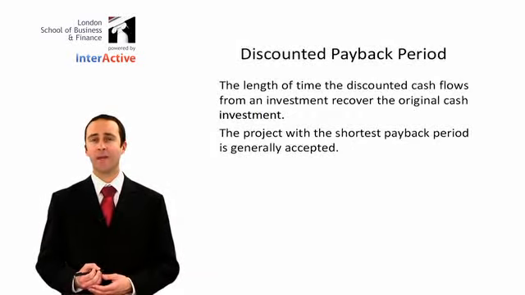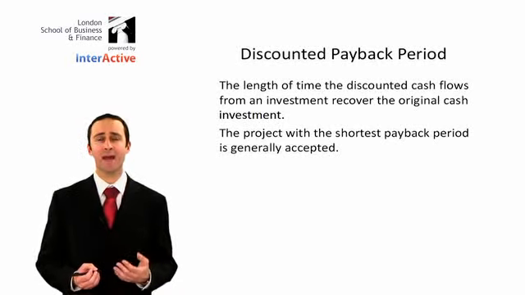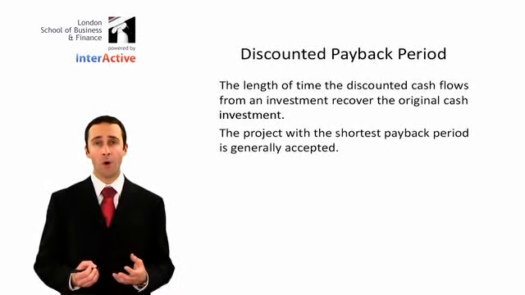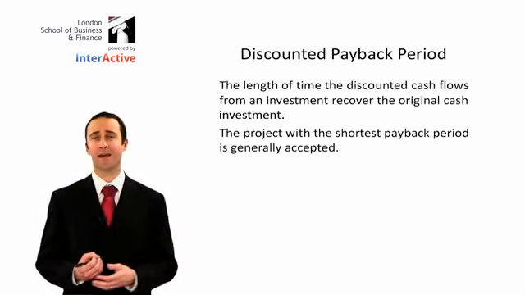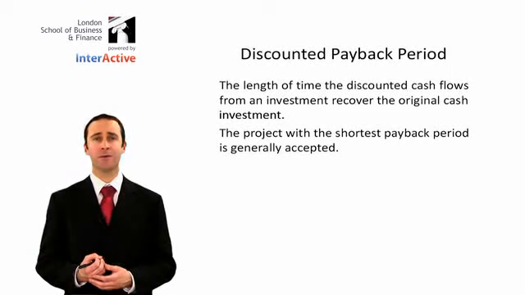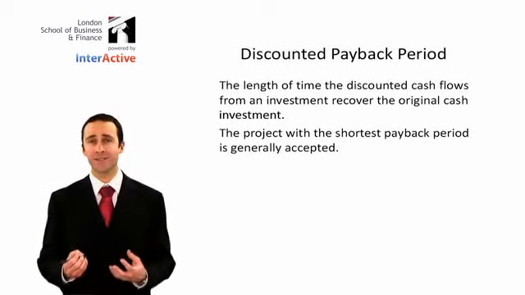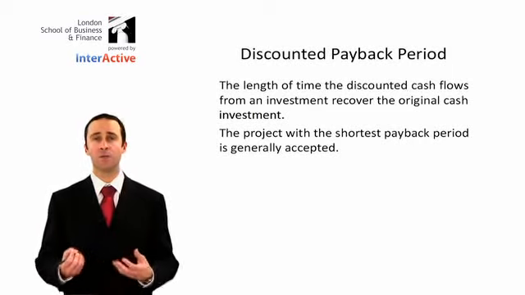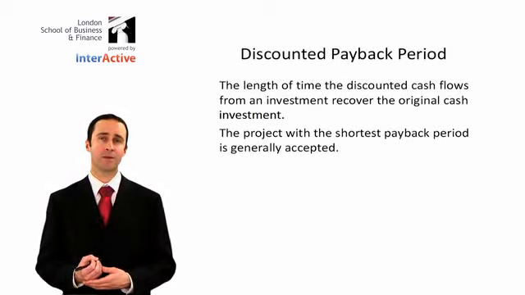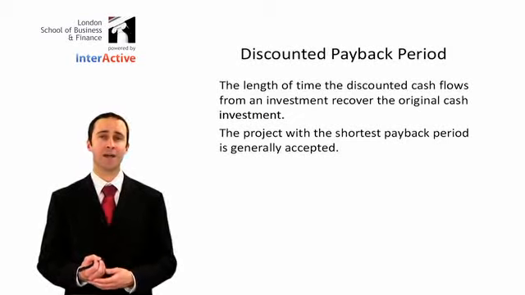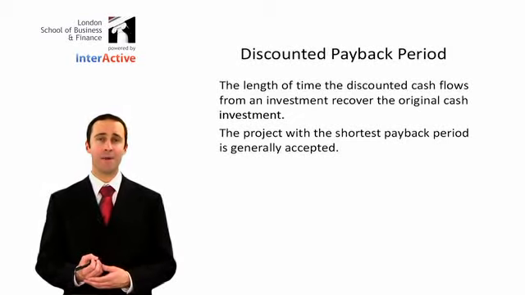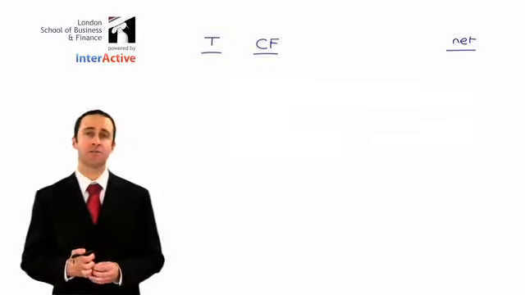All our discounted payback period does is take the cash flows that we had in our normal payback period calculations and then discounts them to their present value, and then we use those present value cash flows to work out the payback period. Again, the idea is that the quicker we get the cash back, then the better that may be. So what we've got, if we were to go through and lay it out in terms of an example and a calculation,